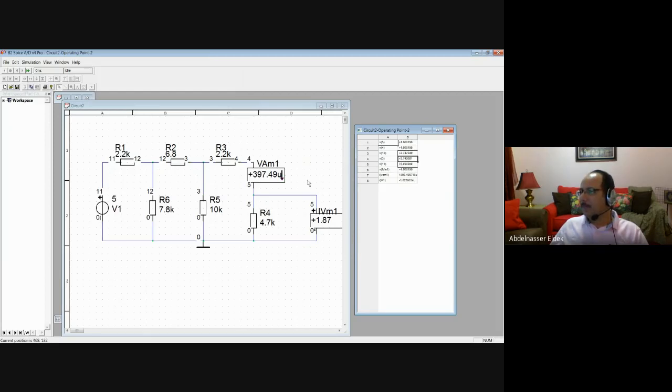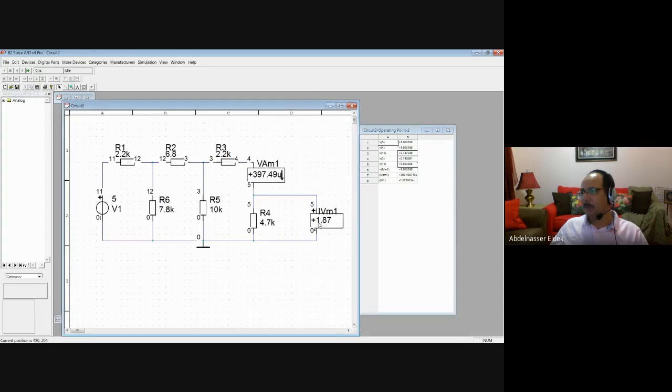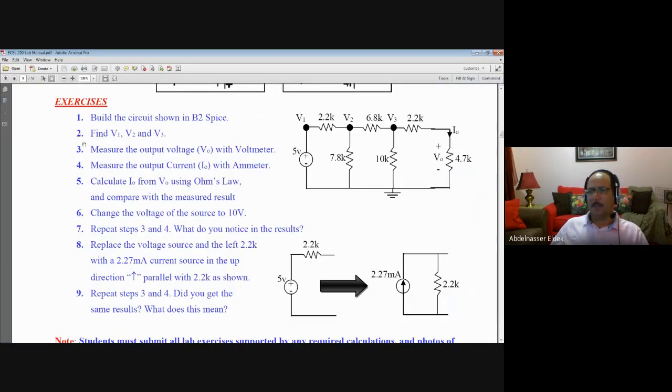And then the last voltage here, VO, the voltage across, is 1.87 volt, and the current is 397.49 microampere. This is the current. Okay, so this will be the circuit in the exercise. So now build the circuit. We did that. Find V1, V2, V3. Measure VO. Measure IO. And then calculate IO from VO